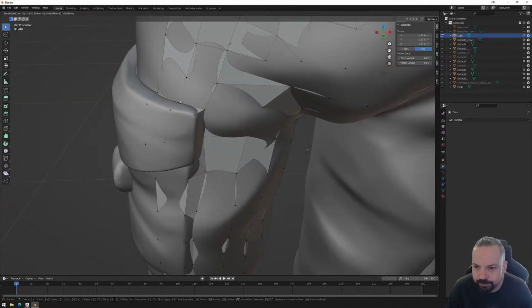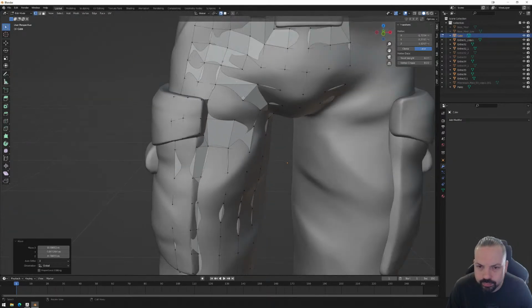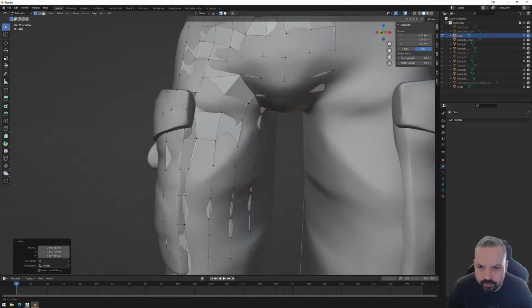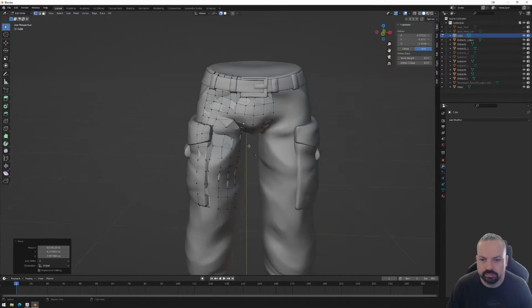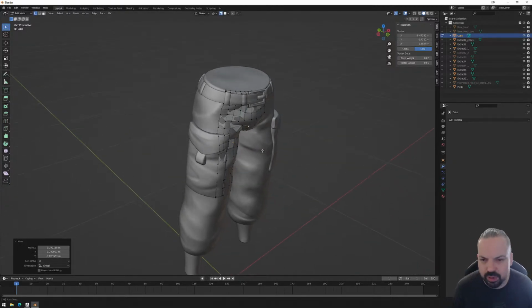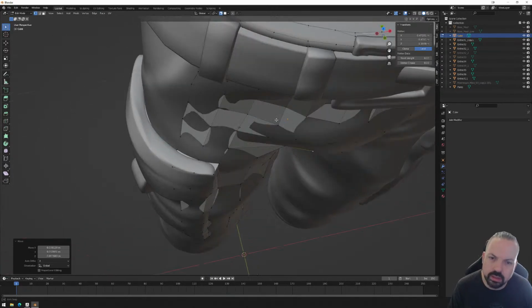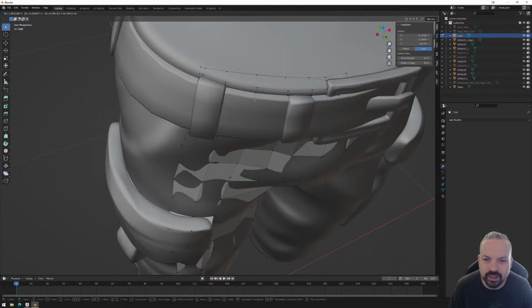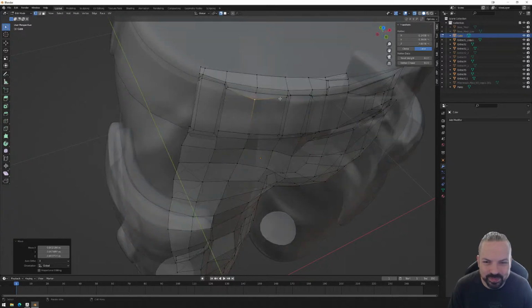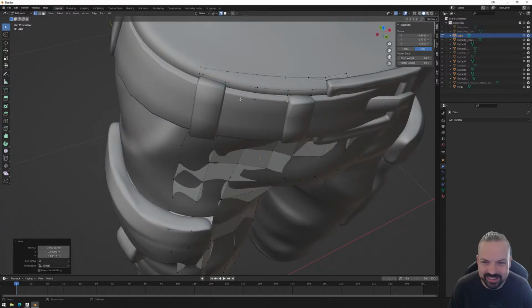It's fine. All right. So I think that pretty much covers all of the elements. So I was basing it on the see-through, not the